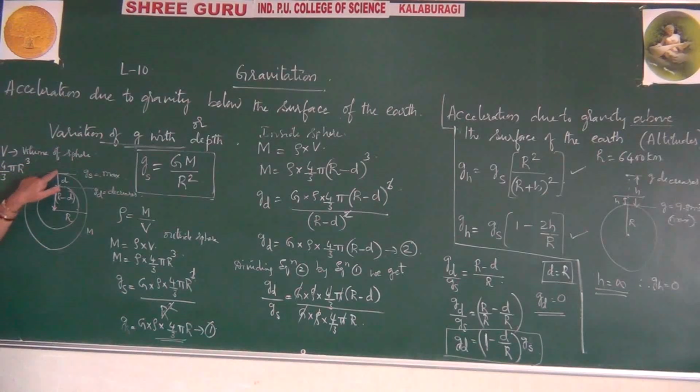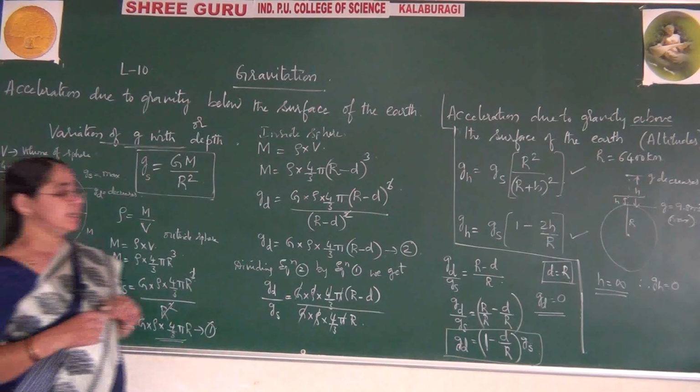So you can say if an object is falling, g decreases. If that object reaches the center of the earth, at that time the complete distance d will be equal to R. At that time g becomes 0. So now you have observed it will be decreasing, and finally when it reaches the center it becomes 0. So now you are familiar with the condition.